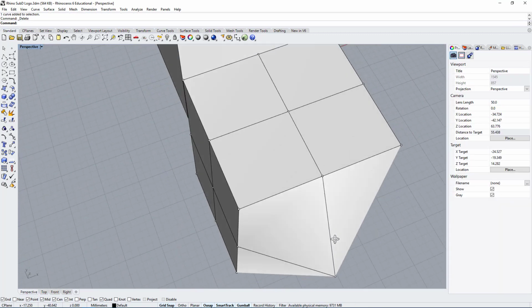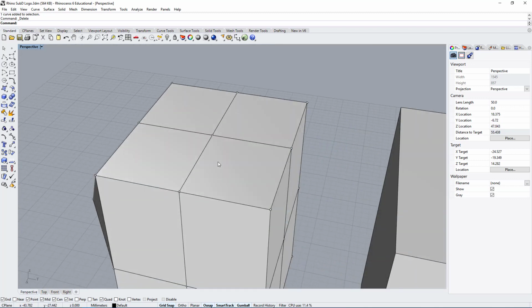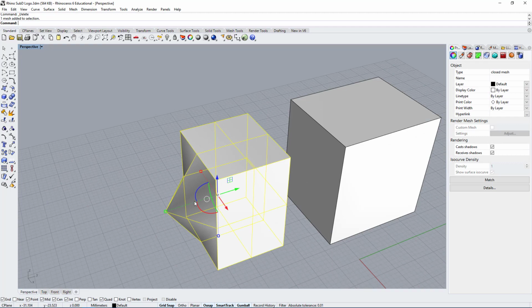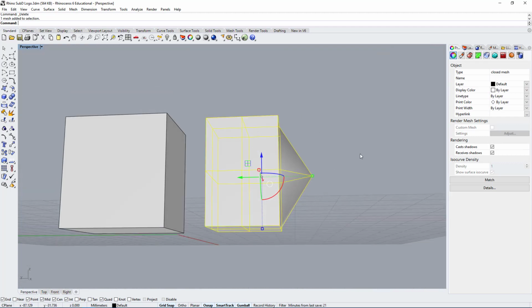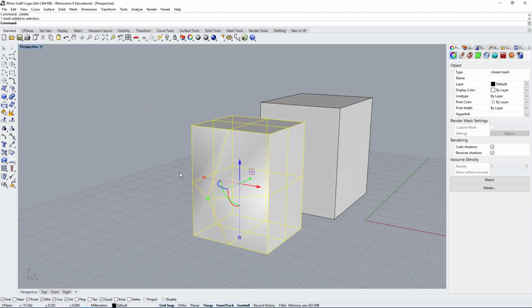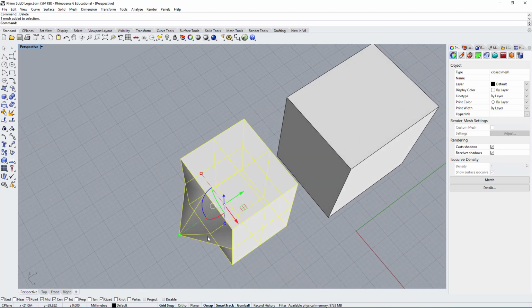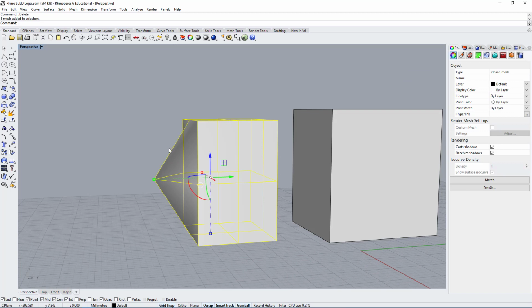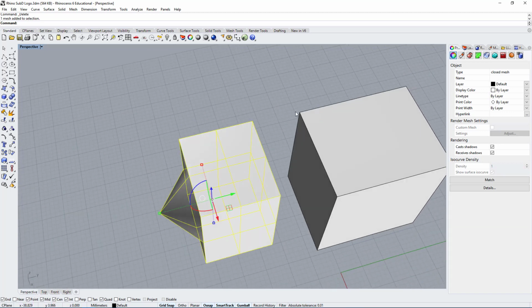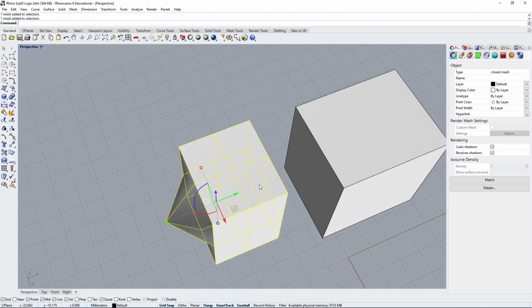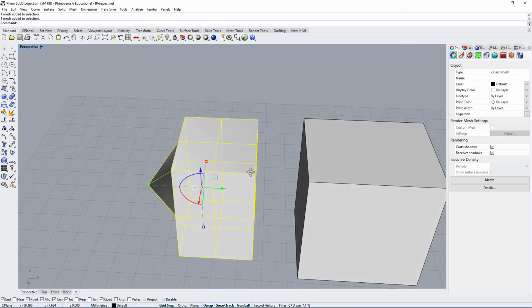So mesh is essentially always flat. Sometimes if you want something really smooth, mesh is not going to give you the results that you're looking for because it always creates this faceting. Now let's talk about SubD. What SubD does is it creates smooth continuity between the facets, and it's its own mathematics, right? So mesh is its own thing, NURBS surfaces is its own thing, SubD is also its own thing. They all have their own mathematics, they work differently.